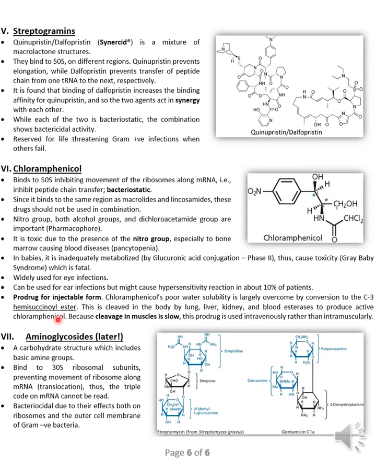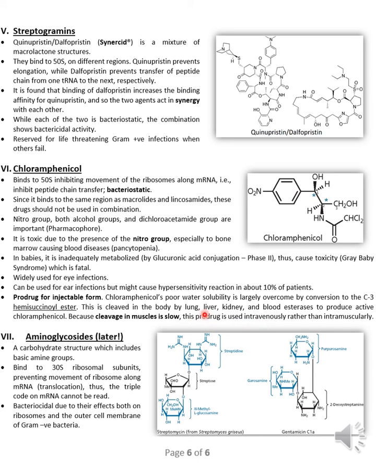A prodrug called chloramphenicol hemisuccinate ester is designed, and then it disintegrates when it reaches the blood by the esterase enzymes. The thing is, it's not given intramuscularly because it cleaves very slowly, and it's not good for an antibiotic to be given slowly. We want it to be working immediately at higher concentrations, so it's better to be administered